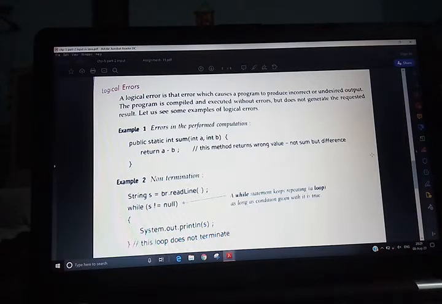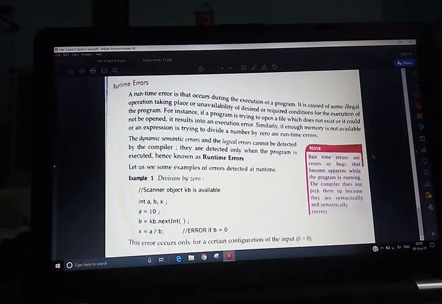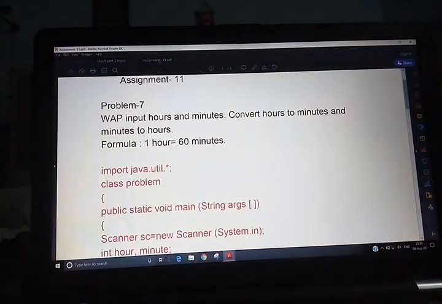After that, all of you see, runtime errors are errors that become apparent while the program is running. The compiler does not pick them up because they are not correctly mentioned.